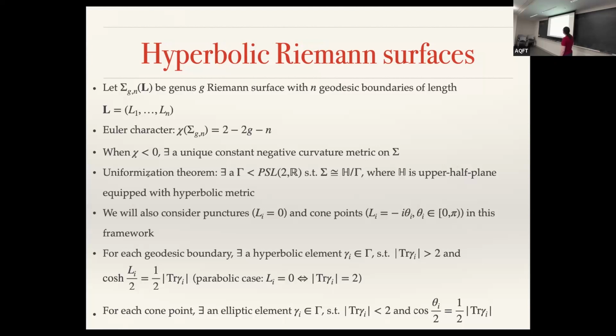And in some applications in this talk, instead of considering Riemann surfaces with geodesic boundaries of lengths L1 to Ln, I'll consider punctures, where we take the lengths to 0. In fact, my main case study will be the case with punctures rather than geodesic boundaries, or cone points, where we analytically continue the lengths to an imaginary number. These correspond to conical defects with an opening angle theta, which lies in the range 0 to pi. And then each geodesic boundary can be related to a generator in this group Gamma that appears in the uniformization theorem,